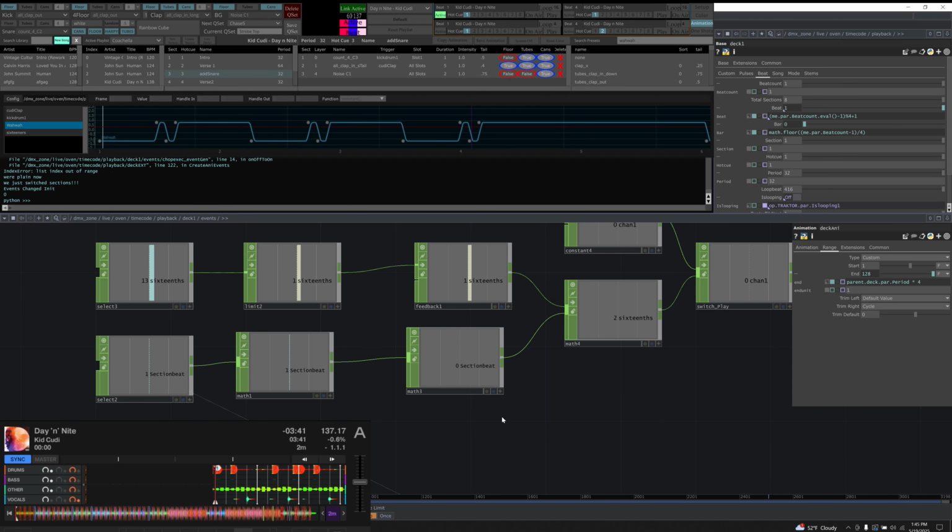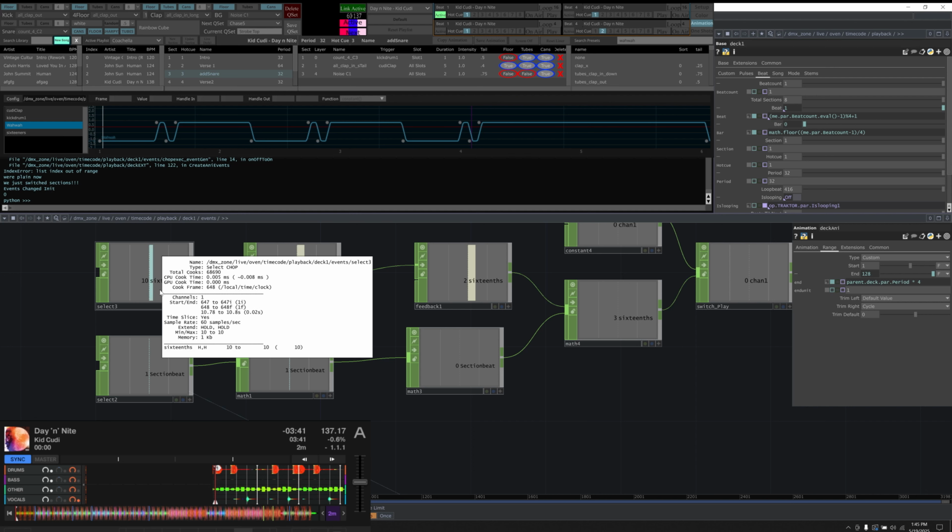Okay, we start connecting the beats to the animation. Of course, with the beats on the left-hand side here, we are pulling in our 16th notes coming off of our Ableton Link. The nice thing about the 16th notes is it gives us extra precision in our animation comp, but it also does not cook every frame. It's actually only cooking every 16th note, so that saves us a lot of processing power.